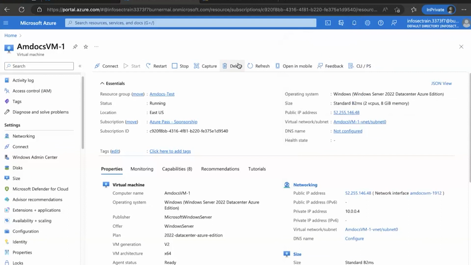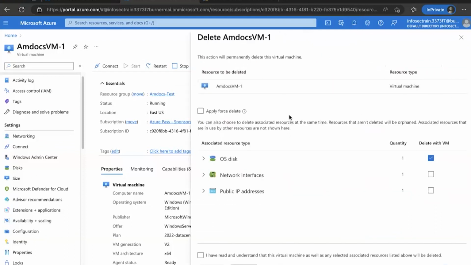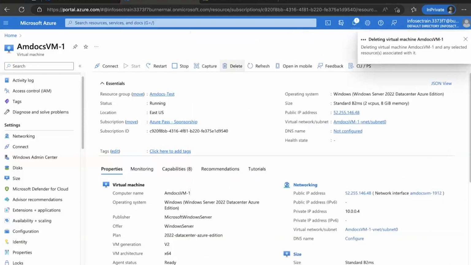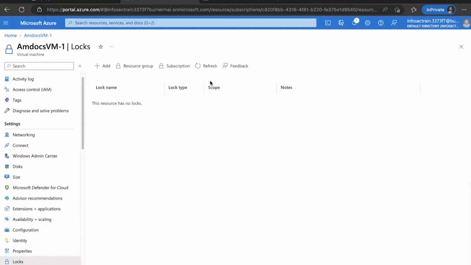That's a great thing. Then I go to delete and click on this delete button, as I want to delete this virtual machine. So I am going to go ahead and say no, do not delete anything else with it, because I know I have read this, and click on delete. I want to delete this virtual machine. Now, when you click on delete on this virtual machine, ideally it should fail. This was at this level. I will go ahead and remove this lock. Okay, let it be like this over here.